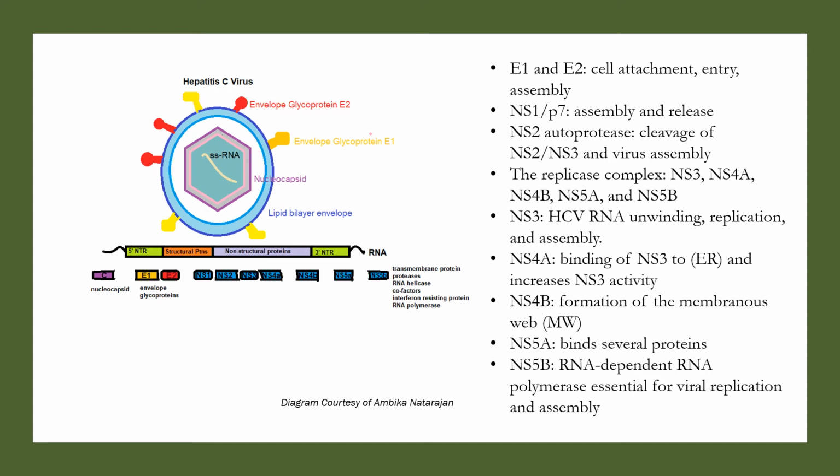And it is also essential for viral particle assembly. NS4A helps binding of NS3 to the endoplasmic reticulum and increases NS3 activity. NS4B participates in viral assembly and is a key protein for formation of membranous web, MW, required for replication. NS5 binds several proteins, the viral RNA, and the membranes to participate in MW formation, viral replication and assembly, and